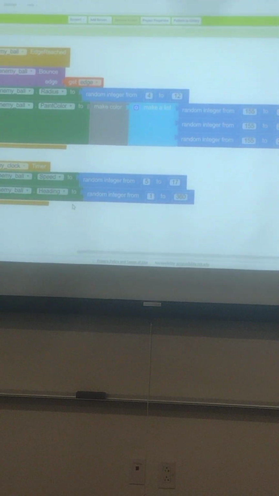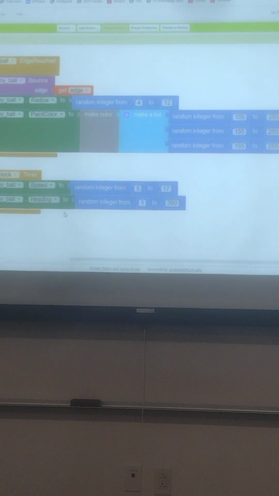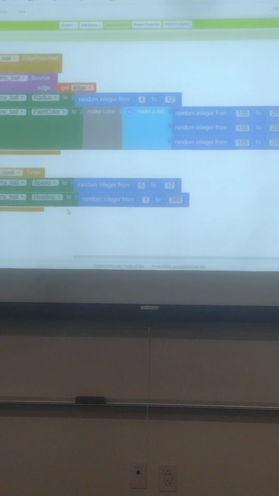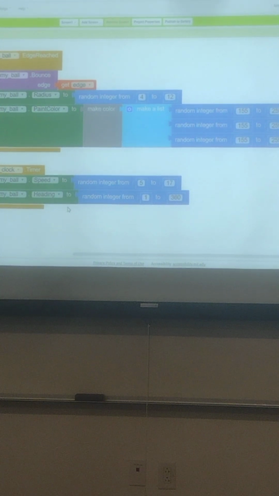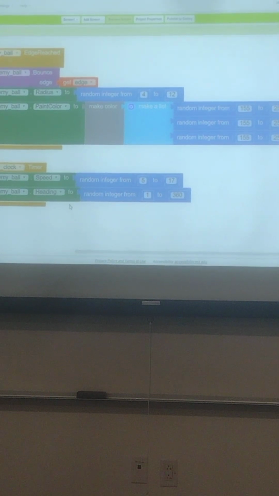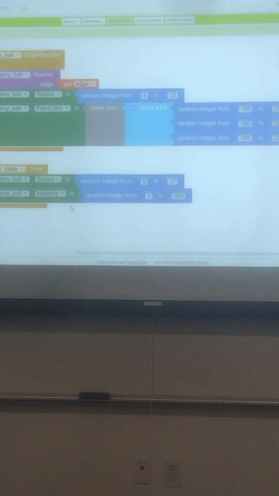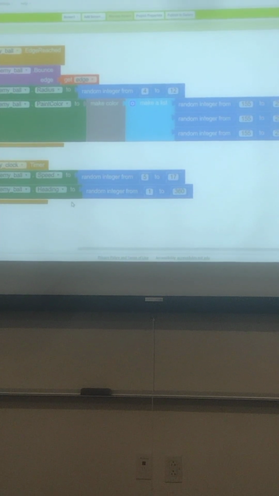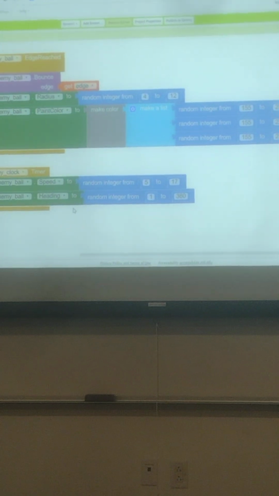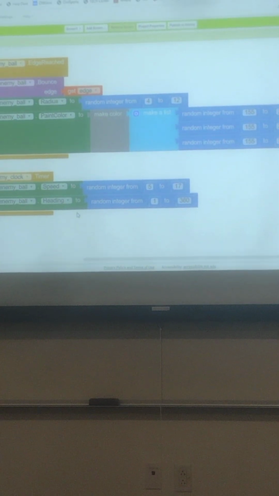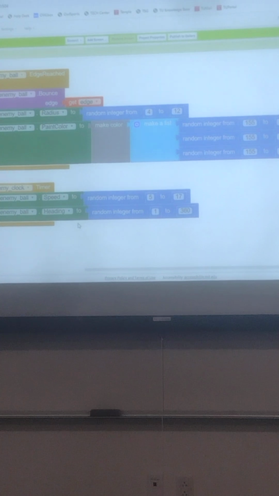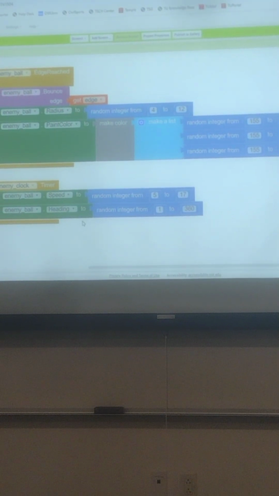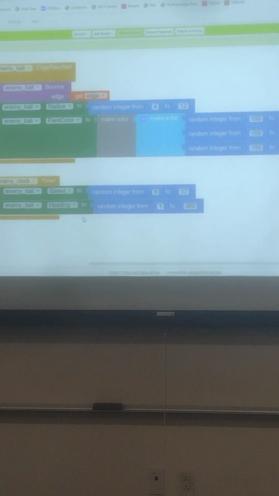All right, let's see what that looks like. It's just making it a little bit more difficult for the player because now, you know, the ball may be approaching the edge, but if it's a half a second, it's going to change direction before it gets there. And it's going to change speed. So you may be anticipating the ball to be in a certain location, but because it changes heading and speed based on time, now it's not going to be where you expected it to be. All right, makes it a little bit more interesting. So go ahead and run this and see what